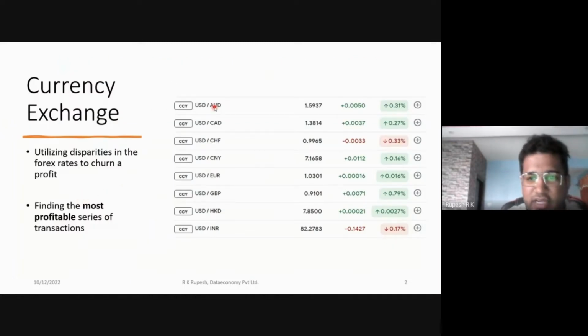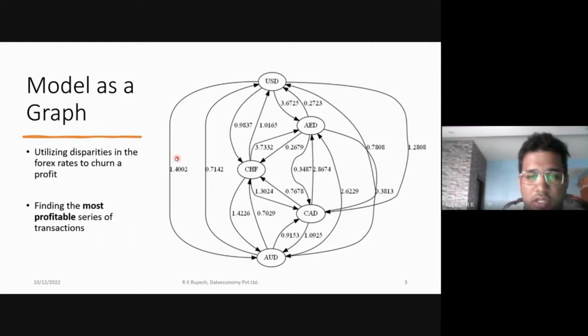So we have all these different conversion rates which change dynamically every day. And there are certain disparities: for instance, for USD to AUD, the Australian dollar, the down conversion and up conversion are not exactly reciprocal to one another. Sometimes going from USD to Australia is cheaper, sometimes it is more expensive than going the other way around. All of these discrepancies can sometimes be used to churn a net profit out of the system. But our goal is not just to find a cycle that finds some profit, but rather to find the cycle with the highest profit. So the way to go about modeling this problem is to first construct a graph.